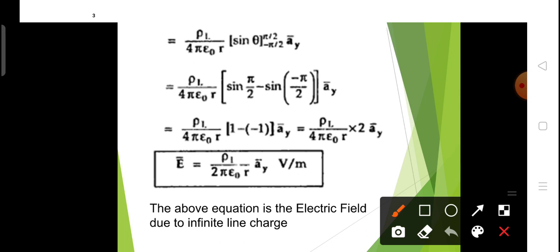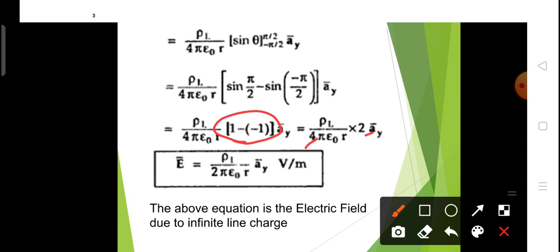So we have to substitute here rho l divided by 4 pi epsilon naught r times sin pi by 2 minus sin of minus pi by 2. Sin of minus theta is equal to minus sin theta. So we will get 1 minus minus 1, which is nothing but 2. In the numerator we have 2, in the denominator we have 4. These 2 will get cancelled, so we will have only 2 in the denominator. So the final equation is E vector equal to rho l divided by 2 pi epsilon naught r times ay